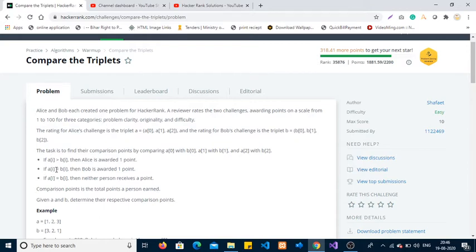If A of I is less than B of I, at the same index, then Bob is awarded a point. If A of I is equal to B of I, then neither person receives a point.